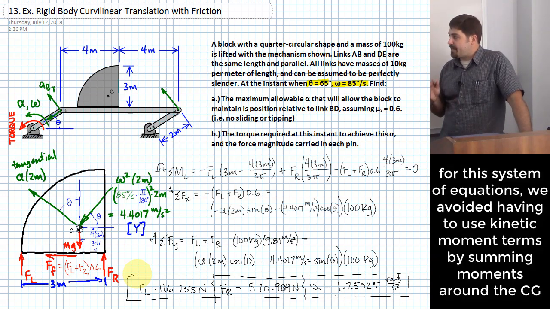Now, having said that, we summed moments here around the center of gravity, which means that we did not have to take into account any of those extra kinetic moment terms. Remember how we covered that? We didn't have to take into account any extra kinetic moment terms. In a few minutes here in the same problem, we are going to get into one where we will need to take into account an extra term like that. So